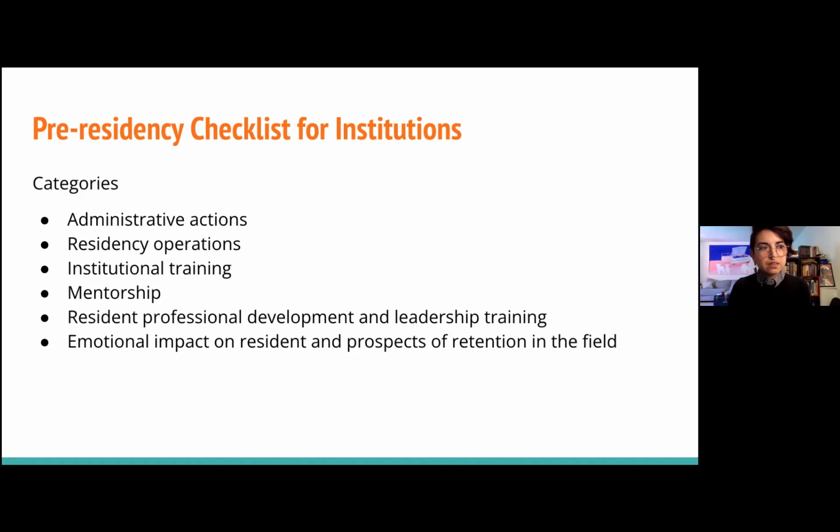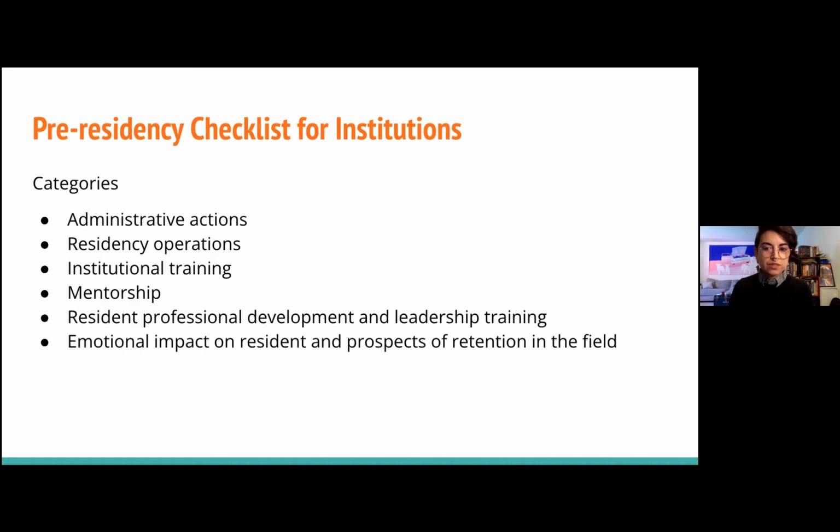So it includes things like having a residency steering committee, residency coordinator, a clear line of reporting for the resident, on iterative assessment of the residency program, and then checking in on staff preparedness in placement or rotation departments. The third section of the checklist is institutional training, and that mostly deals with questions around DEI and cultural competency